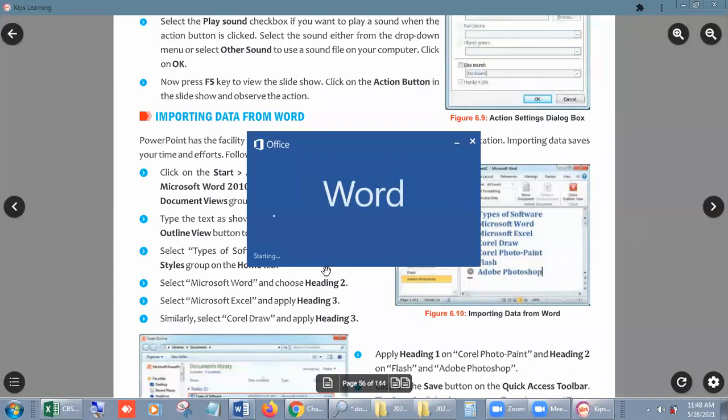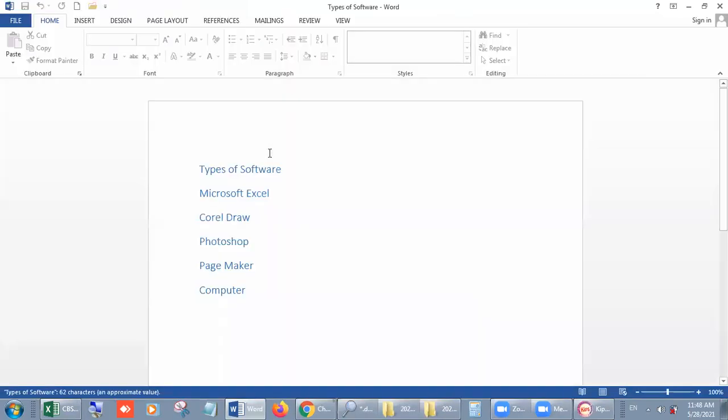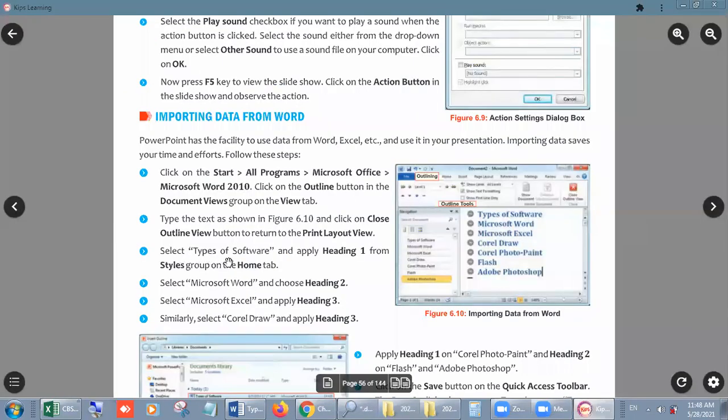Again go into Word and open the file. Like, students, this is our file. After that, select the text. Select the first line and apply heading 1, and 2, 3, 4 like this.